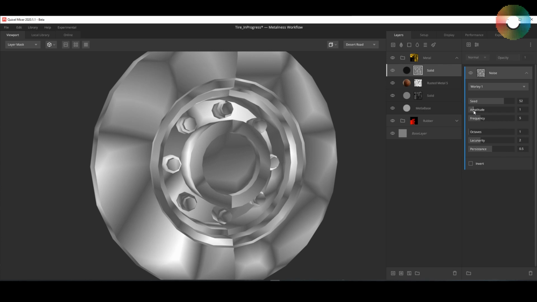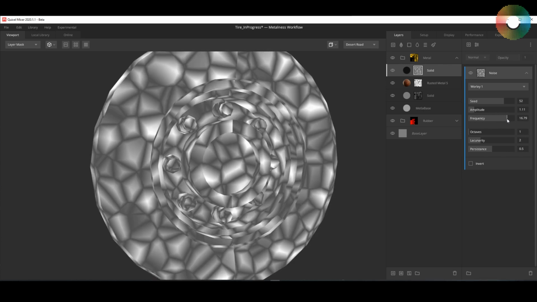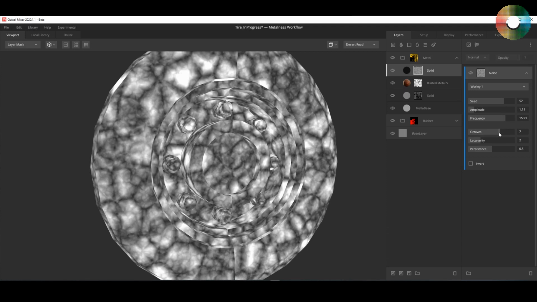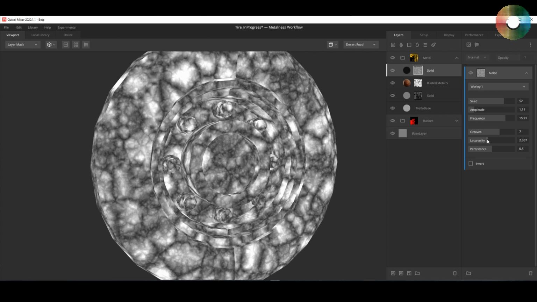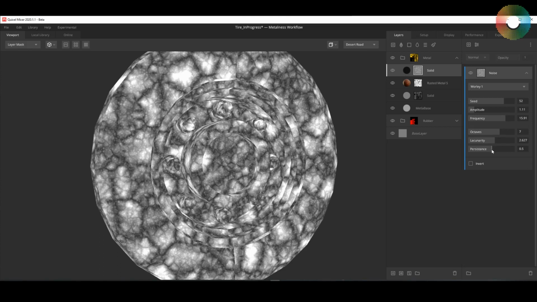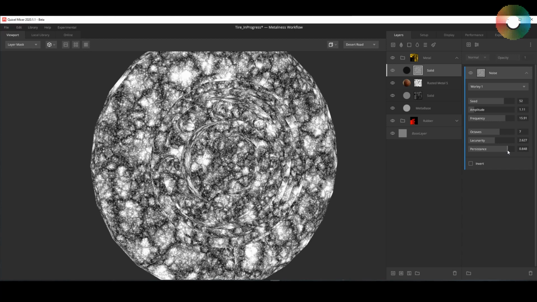I will not change the amplitude, maybe a little bit, increase the frequency, octaves, linearity, and persistence. Maybe decrease it. Okay, now let's use curvature once again,